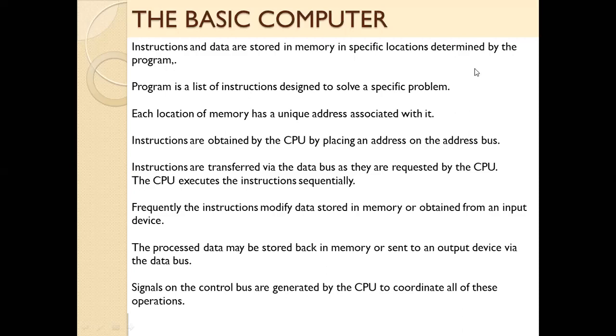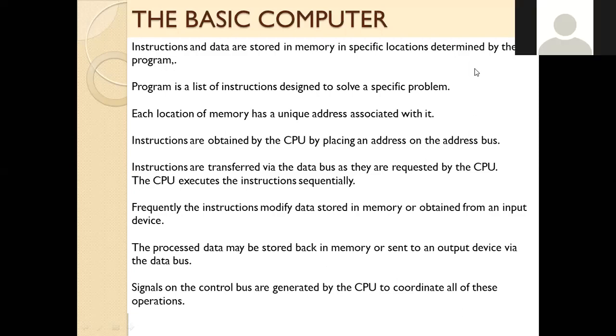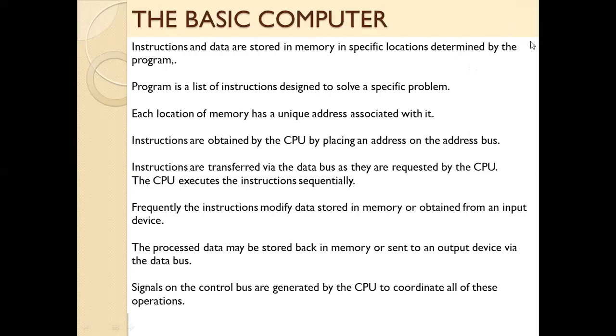Now, when you run this program, the central processing unit will take 2 from memory, and then it will take 3 from memory, and then it will add them, and then the result would be stored back inside the memory. So the data in the memory would be modified by the new one, that is the addition or the sum of these two numbers. Such types of operations are performed by the central processing unit, but the results are saved inside the memory.